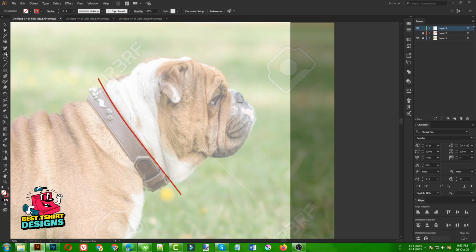So the point of using the curvature tool, or the trick of using the curvature tool, is taking a line and then stopping it, then making another line. And for stopping the line in the curvature tool you need to press the ESC key on your keyboard. If you are using a regular keyboard, then the top left key ESC, press that, it will stop the line, then again make another line like this.